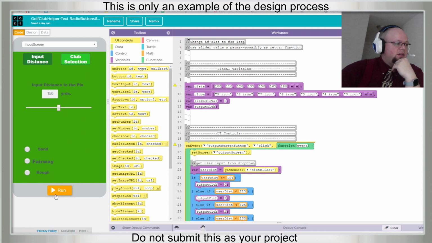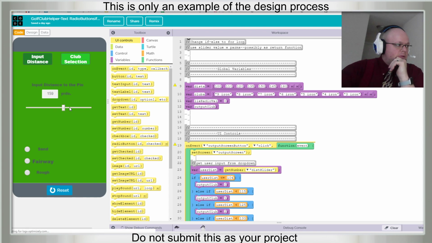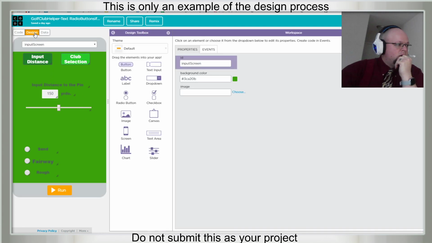So let's take a look at what we have so far. We have a super cool slider for input. We figured that out. I love that a lot. And we have radio buttons that change the lie. Let's put a label there just for some good user interface.